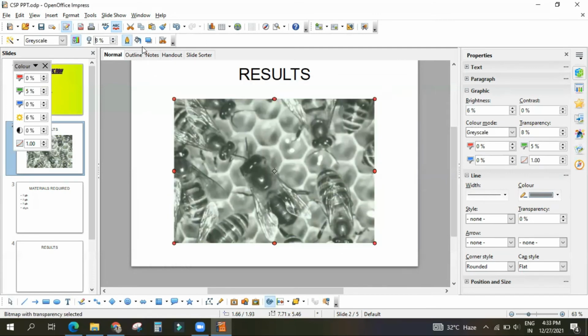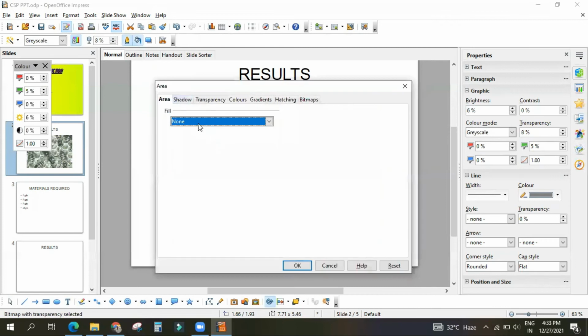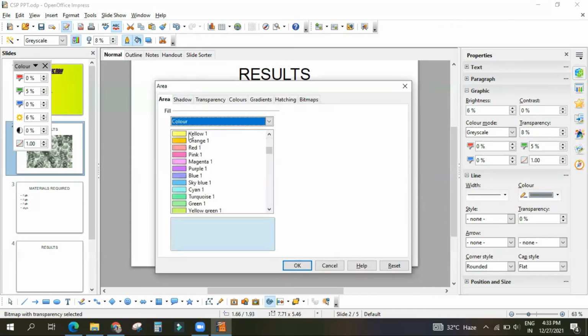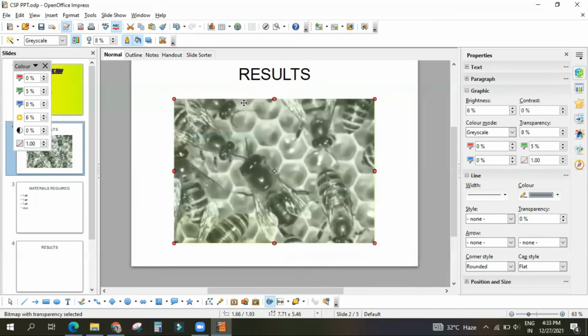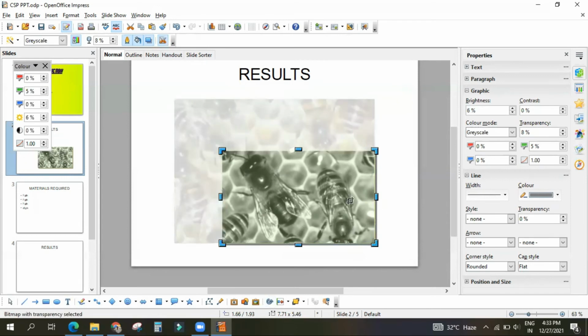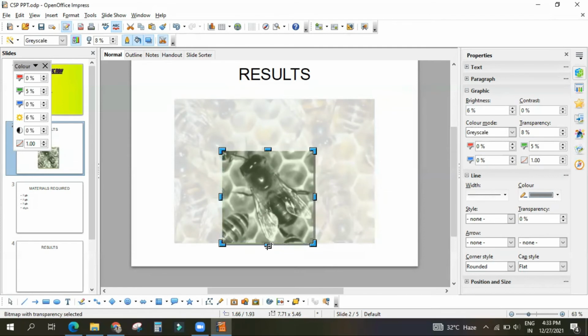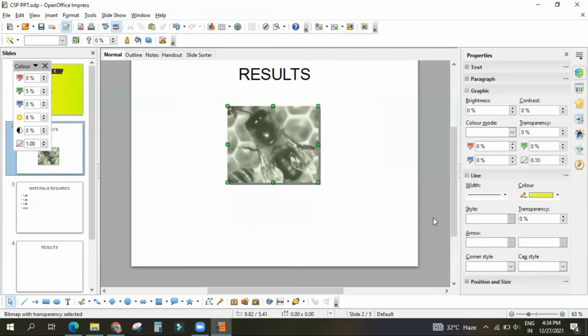The border you can change. Then you can fill it with color also. Shadow effect can be given. Then this is crop. Why crop? Suppose I want only the drone, so I can simply go for cropping the picture. Like this also we can do.